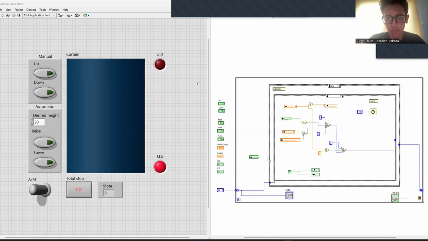stop of any movement operations, a state indicator that displays an integer numeric value of the state in which the curtain is located, either zero, which corresponds to a total stop, one, which shows that it's going down, and two, which shows that it is going up, and finally the upper and lower limit switches that show their respective action with the lighting of a